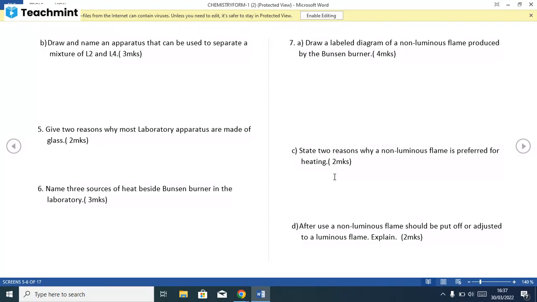Non-luminous is what? I'm not understanding your point. You are not understanding how you are framing the... Oh, sorry. I'm saying,